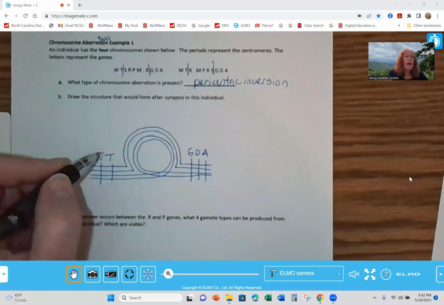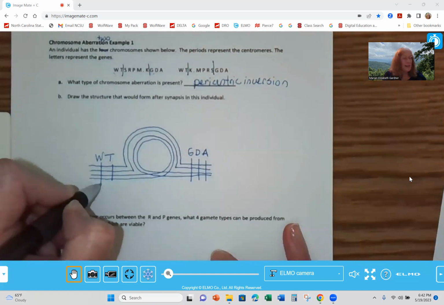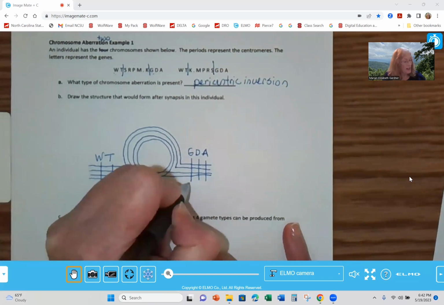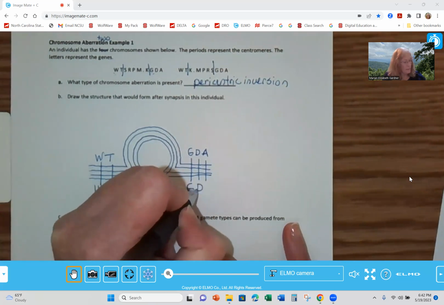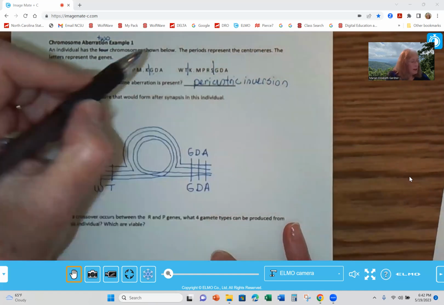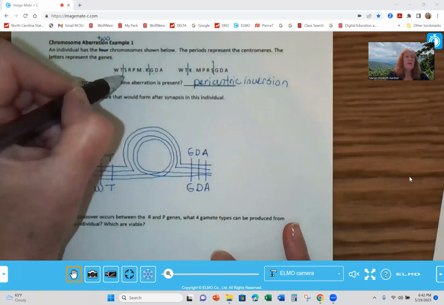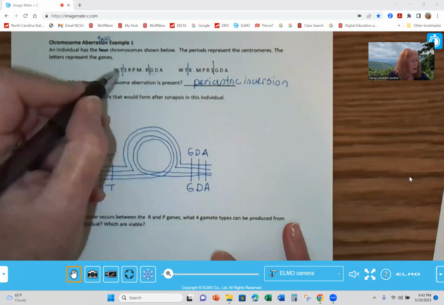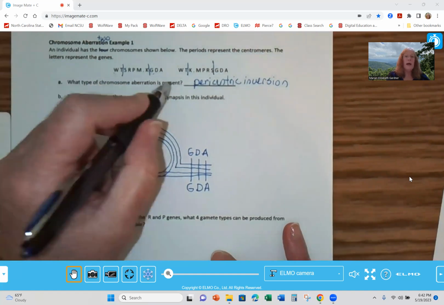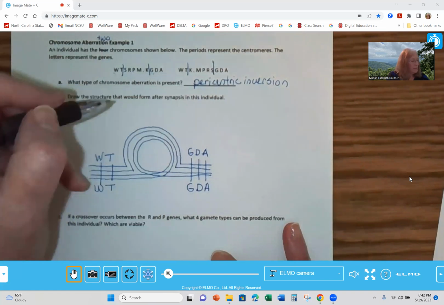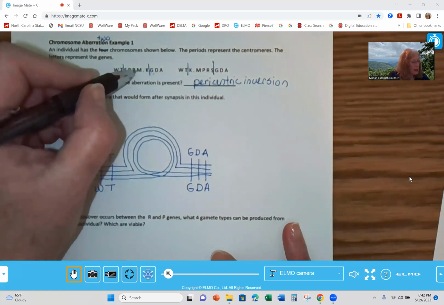after. The other cool thing is that since this is synapsed, directly across on the other chromosome are the same genes. So I can go ahead and label those. The part between those two lines is the part that's on the loop. So I'm just going to label it using this one going from left to right, but I would have been equally okay using that one going left to right. So SRPM